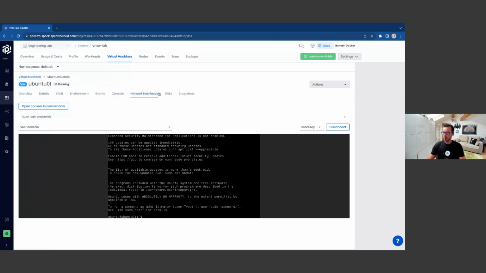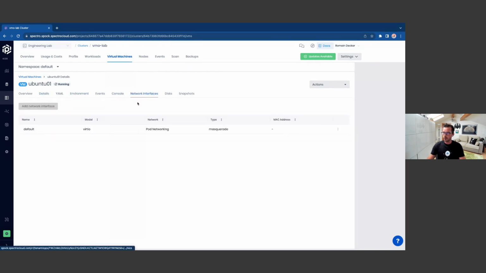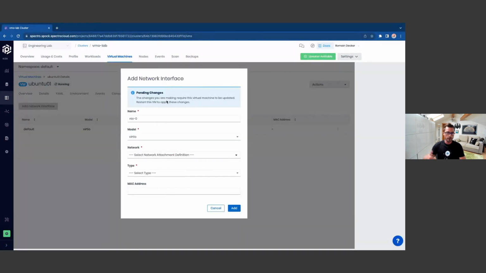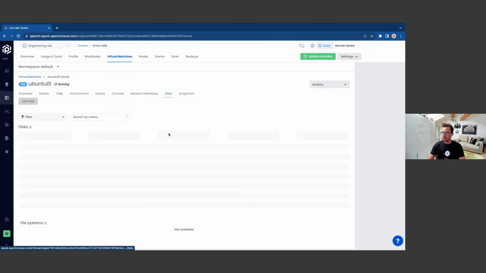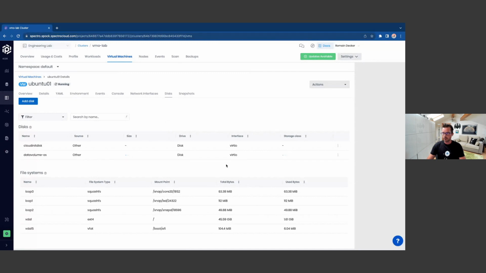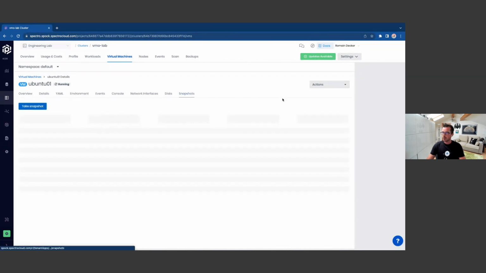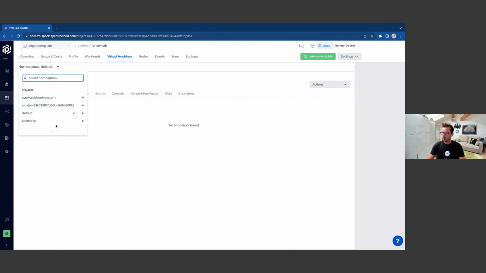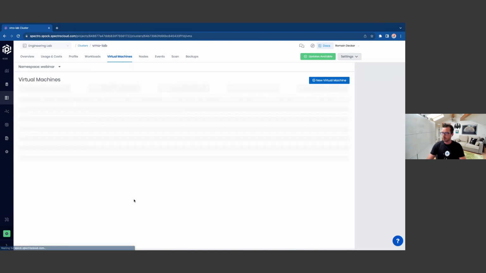I have various tabs also that allow me to add network interfaces dynamically, either layer 2 or directly masquerade network interfaces. I can also add disks of various sizes. I can do snapshots. I can do cloning. So I will come back to my webinar VMs.